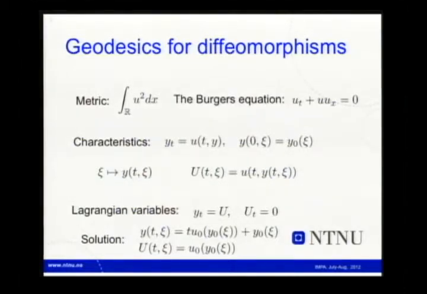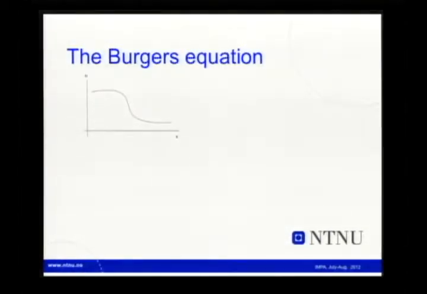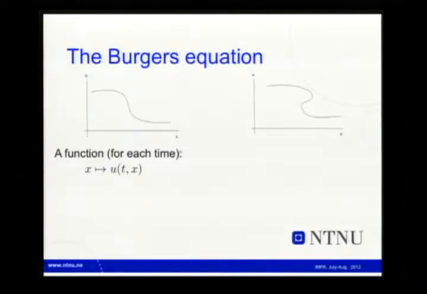So from the nonlinear Eulerian picture in Burgers' equation, we can translate it into Lagrangian variables, and it turns out to be a very simple equation. So we start with a graph like this, and it's a function for each time. But eventually we know that the faster waves will overtake the slower waves, and we get the familiar solution of this type, which of course is no good as a function of x, but as a curve, this